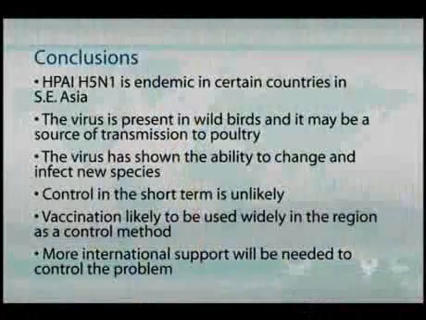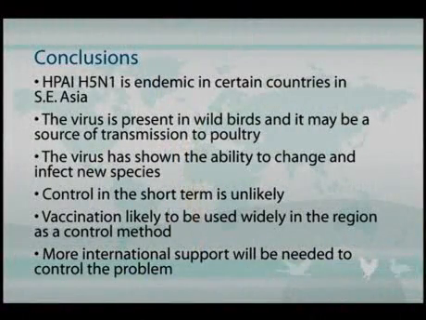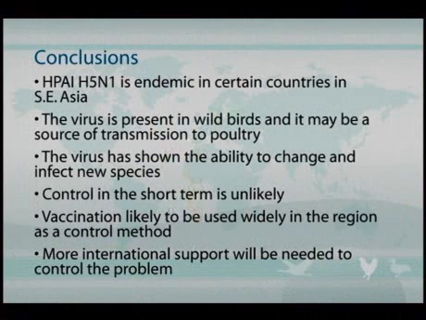Again, the virus has shown its ability to change over time. It has been able to infect new species, again, wild bird species, and cause greater pathogenicity in species like ducks and geese. Obviously, again, making it a very difficult disease to control. And control in the short term is unlikely. Again, because it is so widespread, it's going to take a lot of effort internationally for this virus to be